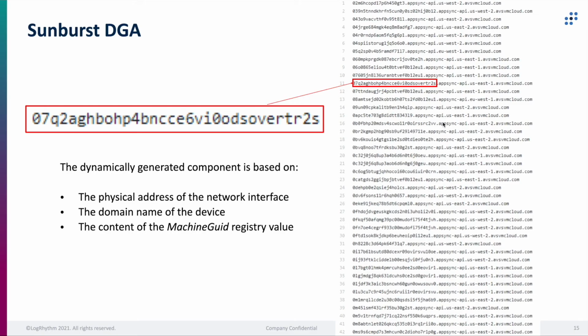This is an example of the Sunburst domain generation algorithm, or the DGA, that was embedded in the Sunburst malware. The Sunburst malware is important because it was part of the SolarWinds breach that I just talked about. It was the Sunburst malware that was embedded in the Orion software as a backdoor. And what this does, just out of interest, is not only dynamically generate these lists of domains,